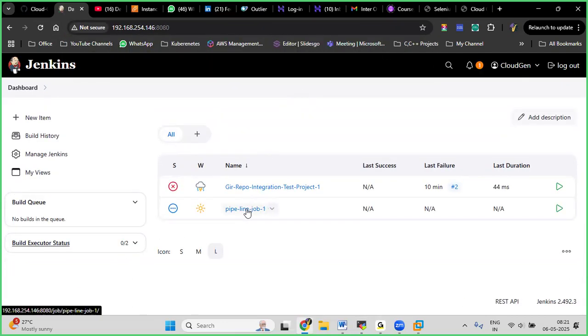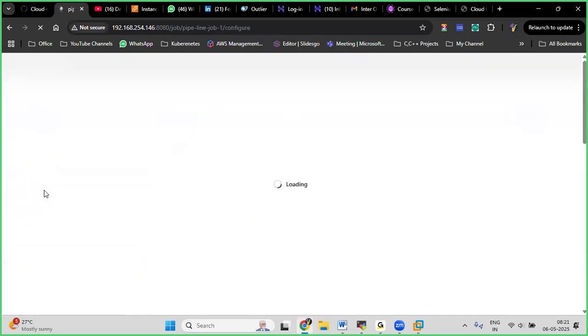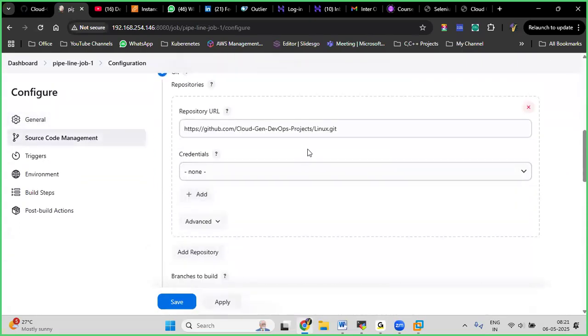Now go back to the job. Yes, click on Configure. Now you can see, guys, it's resolved. It's very simple. Okay, still, if you are seeing this one,